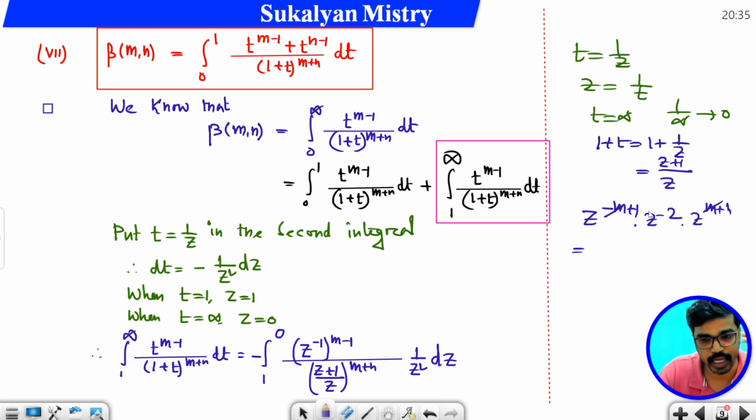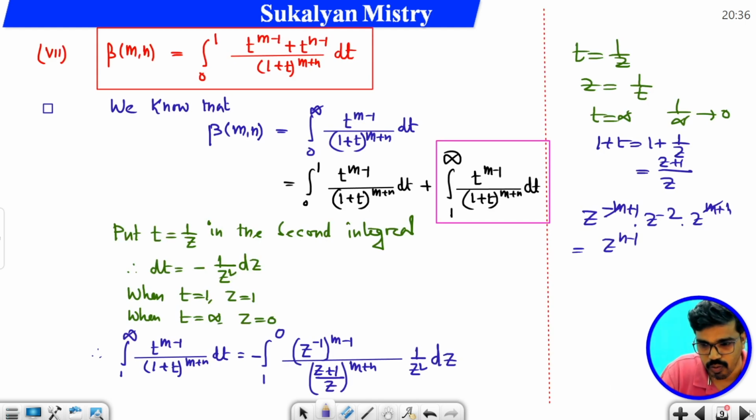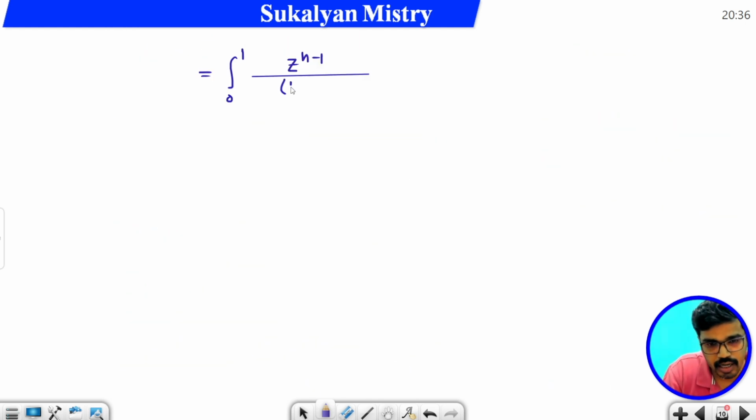তাহলে যখন মাল্টিপ্লাই করছো, প্লাস এম মাইনাস এম ক্যান্সেল, ঠিক, কারণ পাওয়ার গুলো কি অ্যাড হয়ে যাবে, তাই তো, মাইনাস এম প্লাস ওয়ান মাইনাস টু প্লাস এম প্লাস এন, minus m plus m cancel, plus 1 minus 2, that means you get minus 1, so n minus 1, so basically z to the power n minus 1 পেয়ে যাচ্ছি, z to the power n minus 1 divided by 1 plus z to the power m plus n